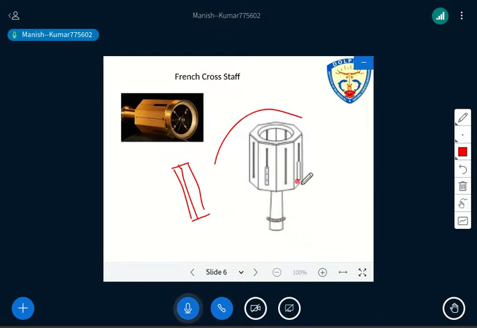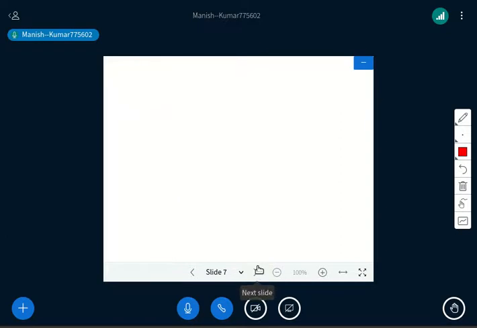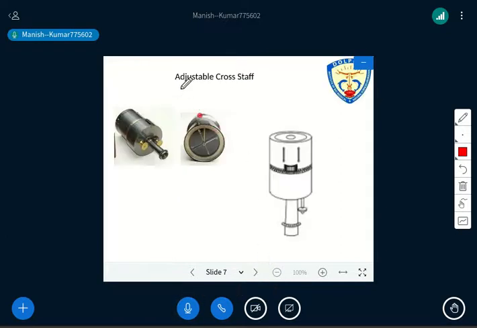Or you have simply seen the range rod, and similarly the stand of all these cross staffs is there, so that is called a pointed staff. And then again you have to take the offset using this cross staff. And then we have the third kind of cross staff, that is the adjustable cross staff, right?